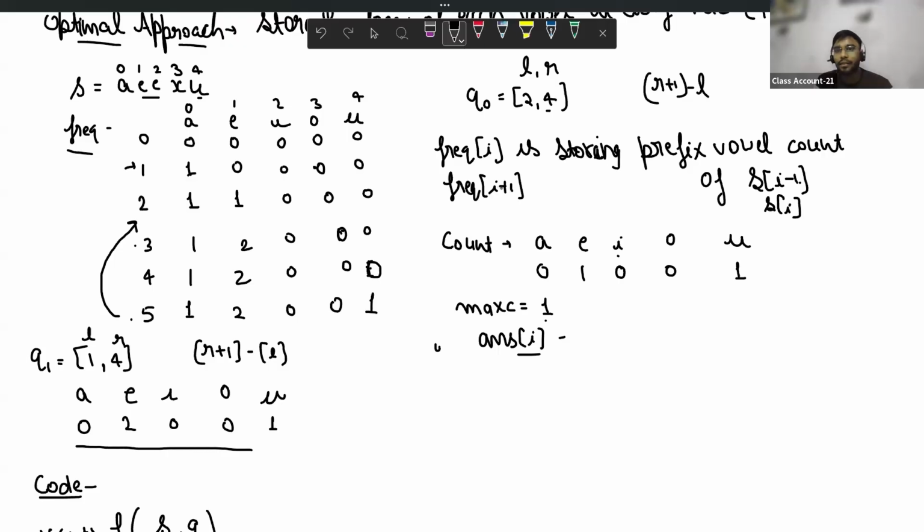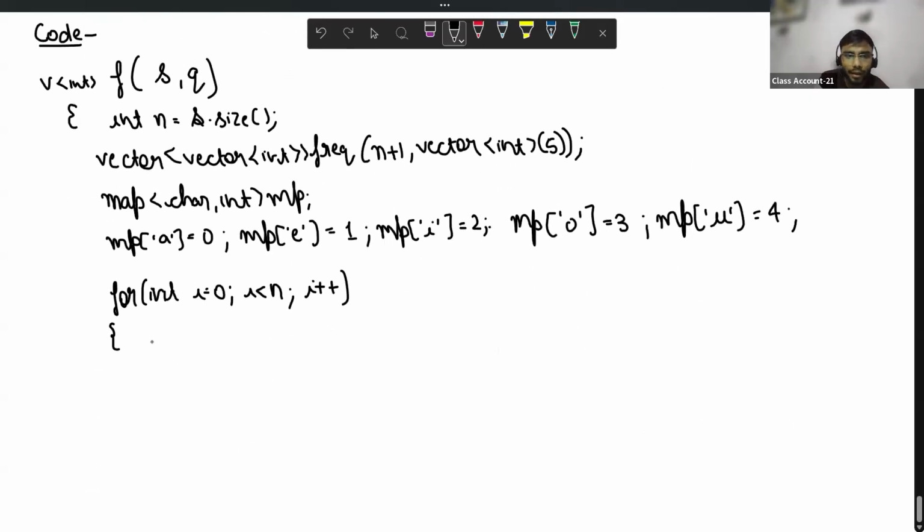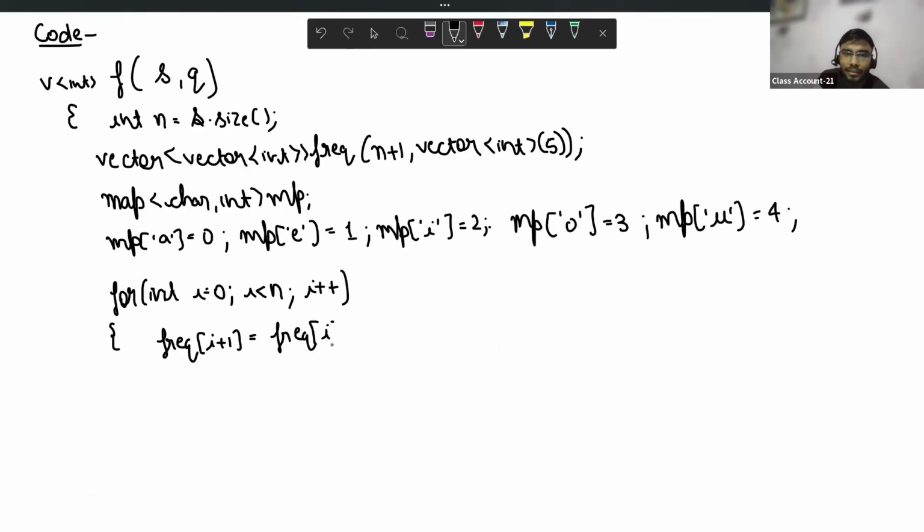Firstly, I need to copy the upper index. Firstly, I will set frequency of i plus 1 equal to frequency of i, because it is a prefix count. Firstly, I'm copying the i minus 1th row to my i so that I can count it now.